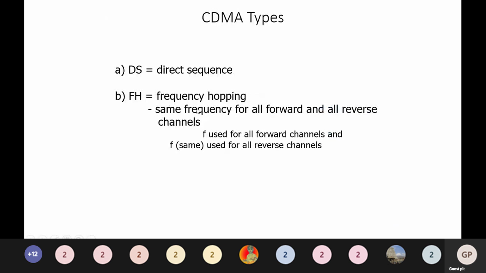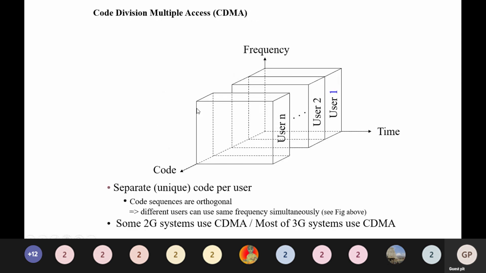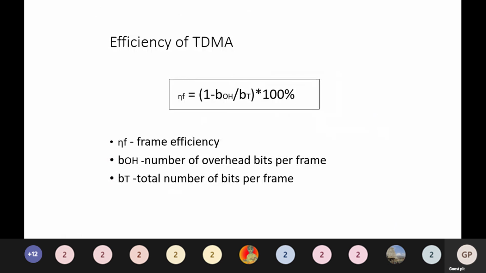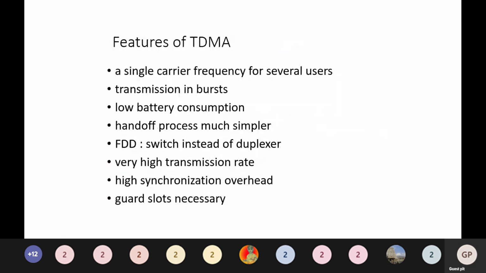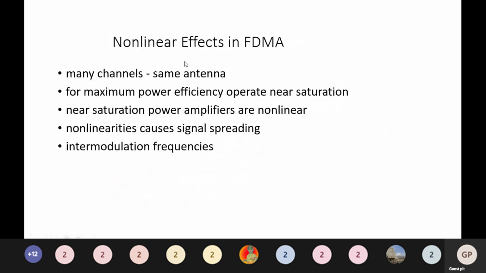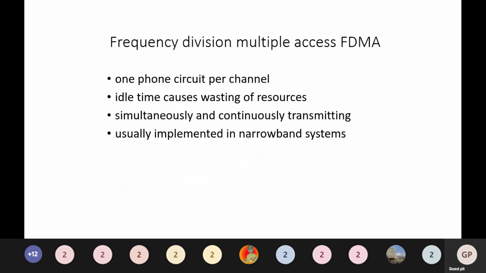If you compare these three, frequency hopping, time division multiplexers and so on, each one of them has its own advantages. FDMA is purely analog in nature, and it has the problem of the near far effect. It is mainly used in narrowband systems. But since it is analog, the chances of noise and interference getting added are very high.